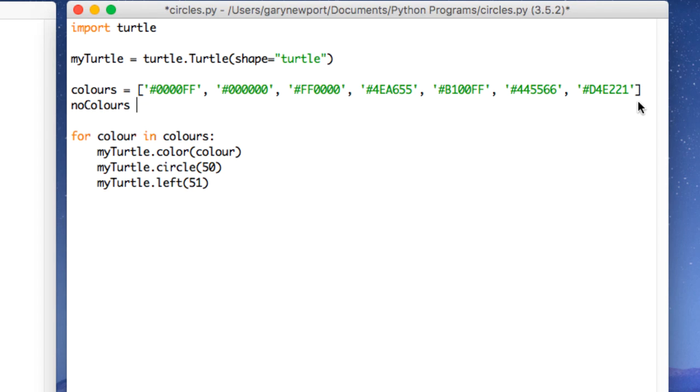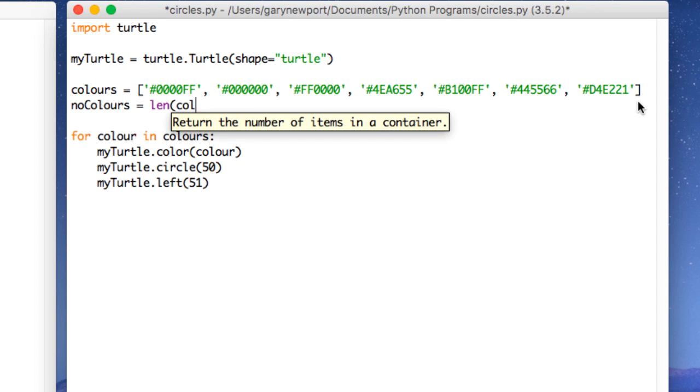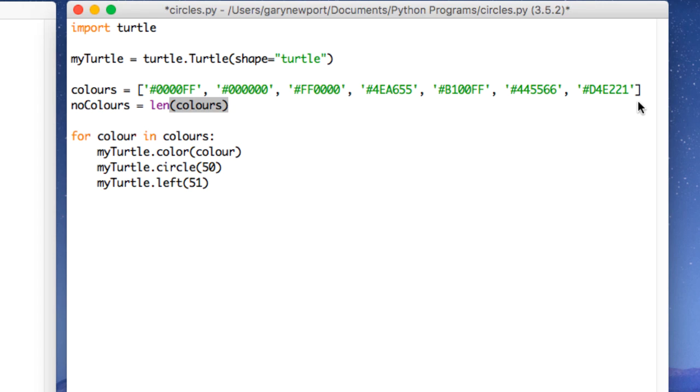There, I've created a variable. Woohoo! And what I've got to do is assign something to that variable, and the way I assign things is putting an equal sign to it, and that simply says whatever's on the right hand side, assign it to the variable name that's given on the left hand side. And what am I going to assign to it? The length of colors. Len, short for length. We programmers don't like to exhaust ourselves by having to write the additional 3 letters that will be required to form the word length. Len,